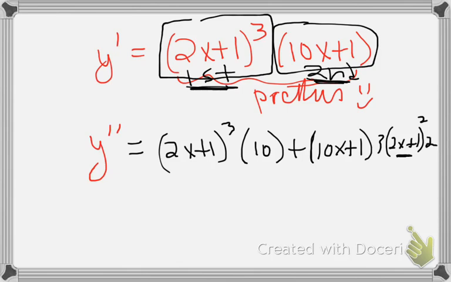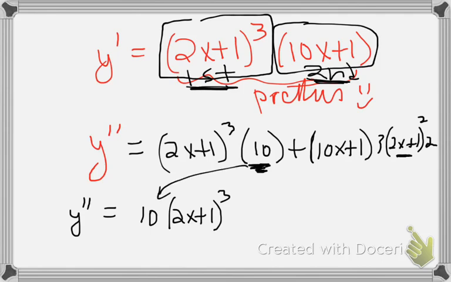Okay, now you want to clean that. It's all about just making it look a little bit prettier, okay? Typically 10 is like a coefficient, so typically you're going to pull your coefficients out front. It's like style. I always say style-wise you're going to pull that coefficient of 10 out front just to make it look a little cleaner. And then here, you've got this floating 3 times this floating 2. Let's clean that a little bit. Let's call that 6. Okay, so we'd have 6 paren 10x plus 1 paren, but then we'd have your 2x plus 1 whole thing